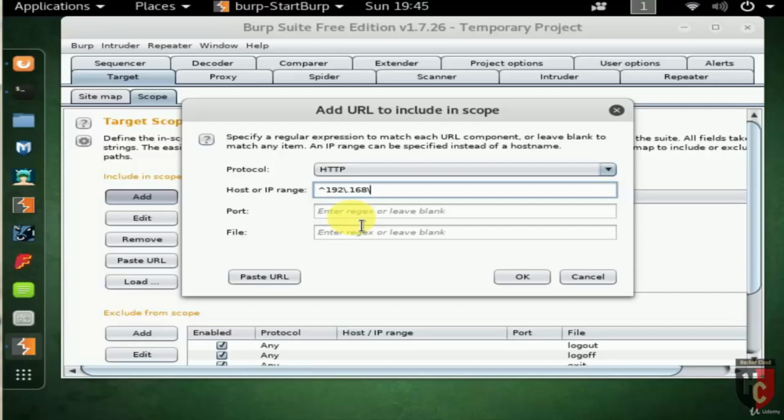Fields can be left blank to limit the specificity of the scope. Fields should be populated using regular expressions. In this lecture, the caret opens each of the regular expressions, the dollar sign closes them, and the backslashes are used to escape the special meaning of the periods in the IP address.